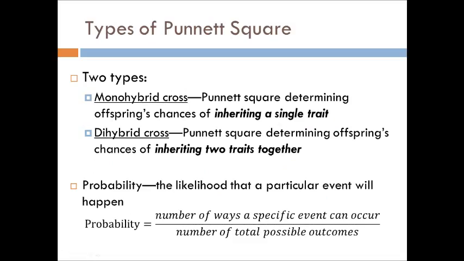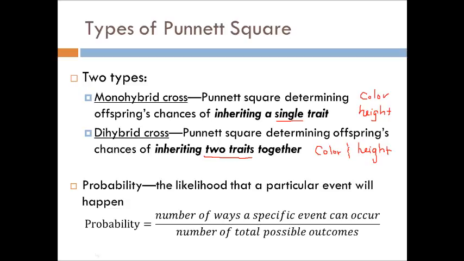Now we have 2 types of crosses with our Punnett squares. The more basic one is a monohybrid. That was like the one we just saw on the previous slide. In a monohybrid, you're looking at a single trait. So this could be color of the leaf, or the height, like whether it's tall or short. It can be a bunch of different things. Dihybrid is where you're going to look at 2 traits, and that could be color and height. So it's going to be more than just one thing at a time, and you're going to look at how